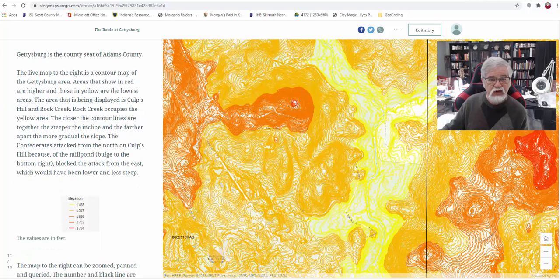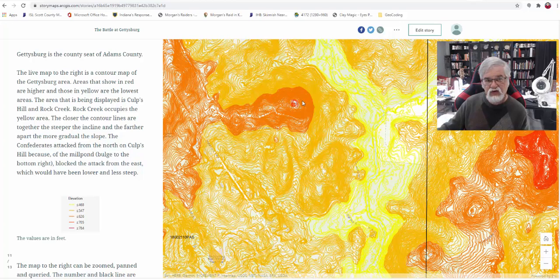So here is a contour map. Each of these lines represents an elevation change. Yellows are the lower elevations, and oranges and reds are the higher elevations. The closer the lines are together, the steeper the slope. So here is where we believe the mill pond was. This is Rock Creek running in here. Here is Culp's Hill, and the Confederates attacked up this way,